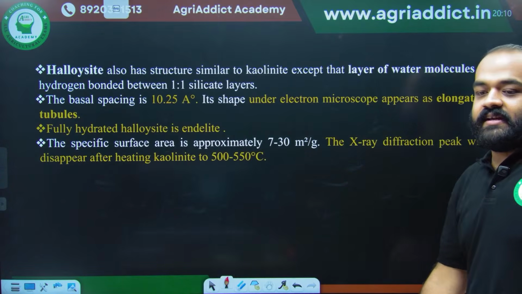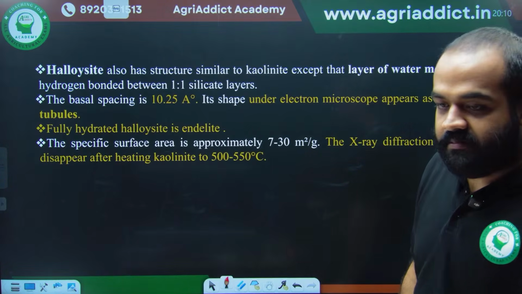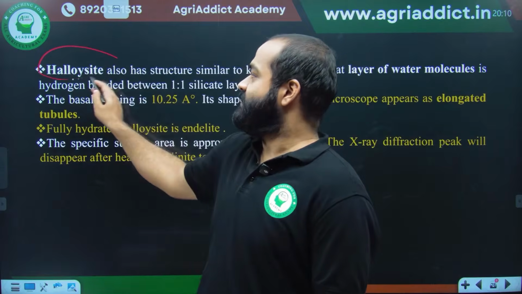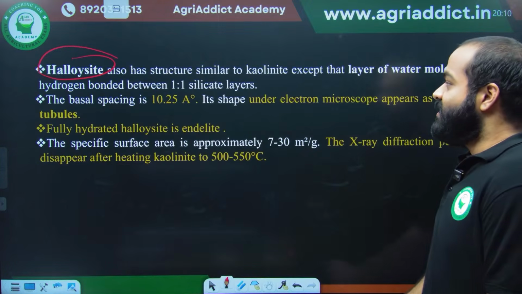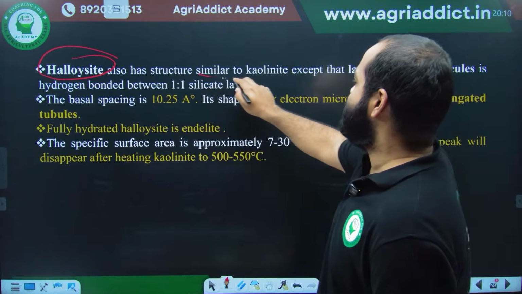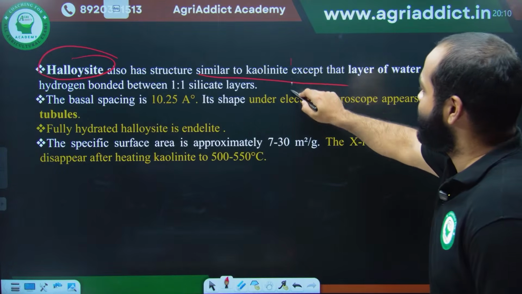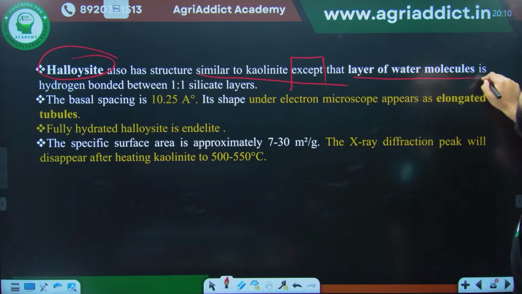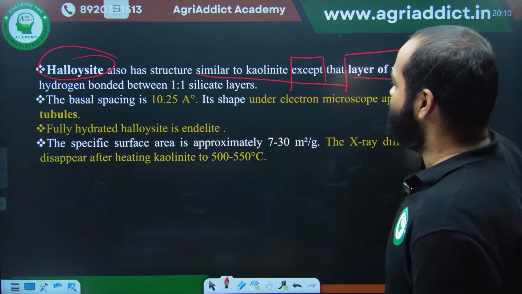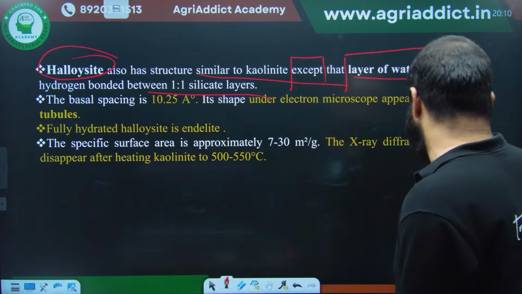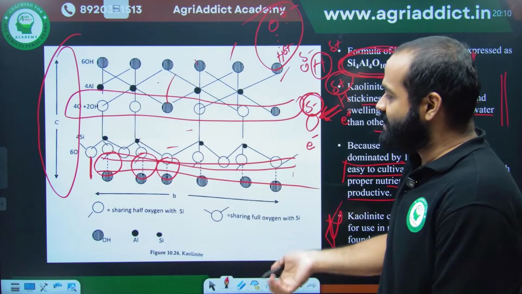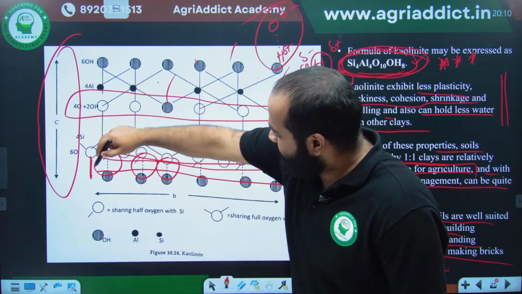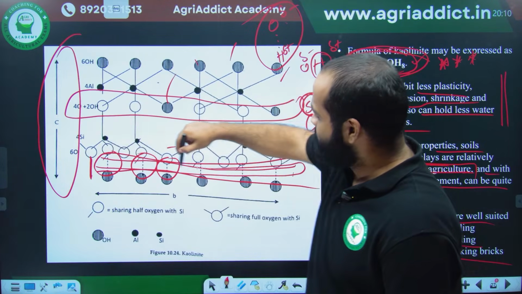So another very important mineral of the kaolinite group is halloysite, right? Halloysite. I have specifically put these points for you. Halloysite also has a structure similar to kaolinite, except that a layer of water molecules is hydrogen bonded between the layers. That means it is exactly similar to kaolinite, but in this hydrogen bonded layer there